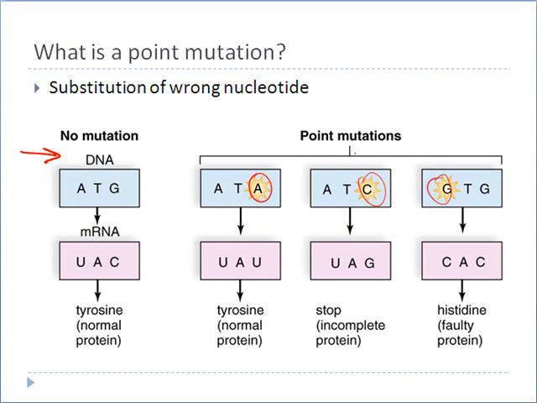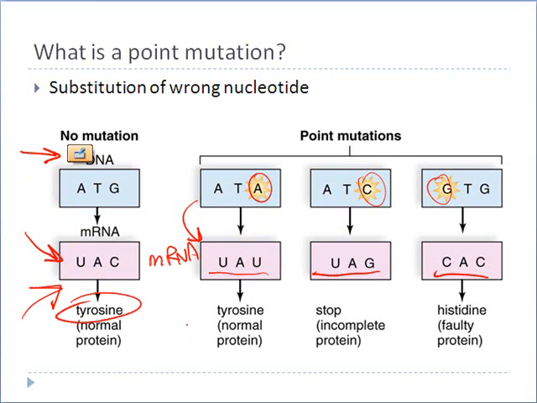Maybe instead at the beginning of the codon I change that G. Any of these are called point mutations, and you will notice that when we undergo transcription, that means the manufacture of messenger RNA, that ultimately affects the messenger RNA sequence and makes it different from what the original sequence was. And that simply means we have the possibility of coding for something other than what we wanted to. Notice that in the original sequence here, we coded for the amino acid tyrosine. In this point mutation, which happened in the third position of the codon,